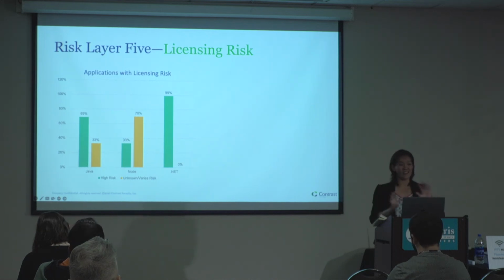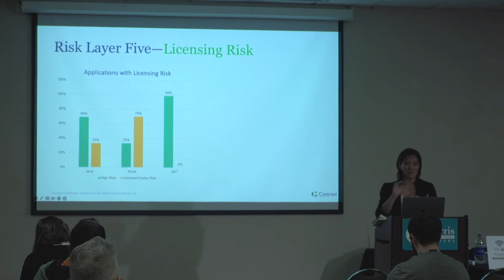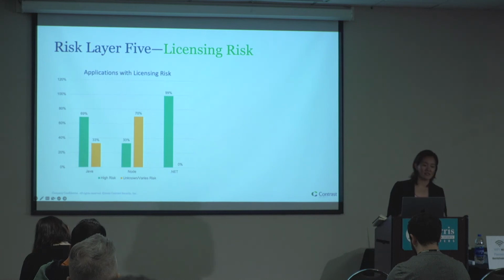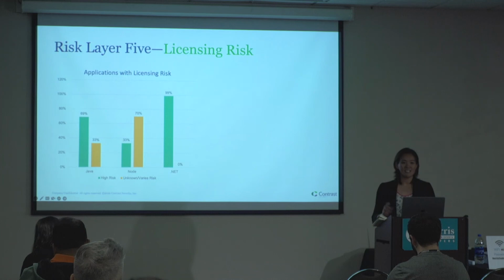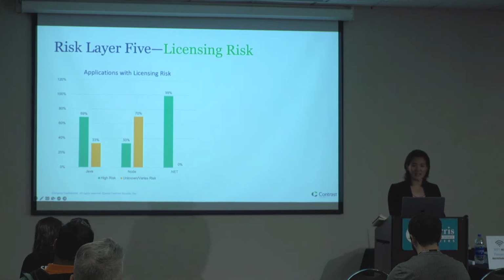If you're sitting here thinking, oh, we're good, there are public licenses, everyone says it's cool to use it, you've got to be careful about what licenses you are using. Here at Contrast, we actually went through every single one of our open source libraries and took a look at their licensing. A good SBOM generator will actually include the licensing information. I implore you to take a look at that. You're going to read through all the licensing information and ask, is this one acceptable to our business, or is it too much risk? You want to involve your compliance team and your legal team, and they're going to help you understand if that license is going to be acceptable for your business.